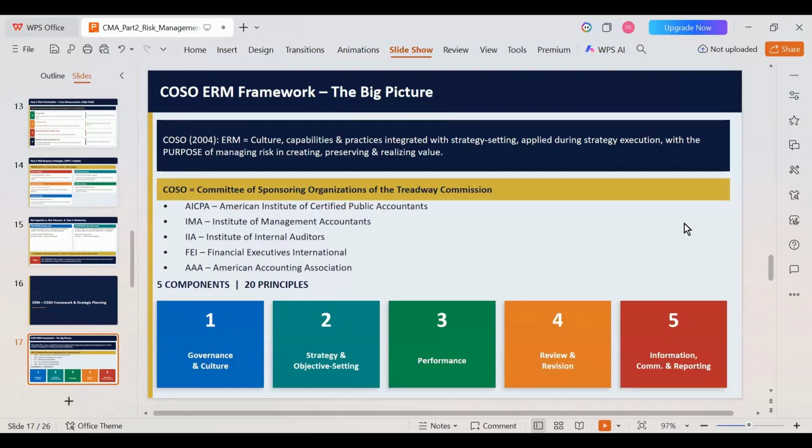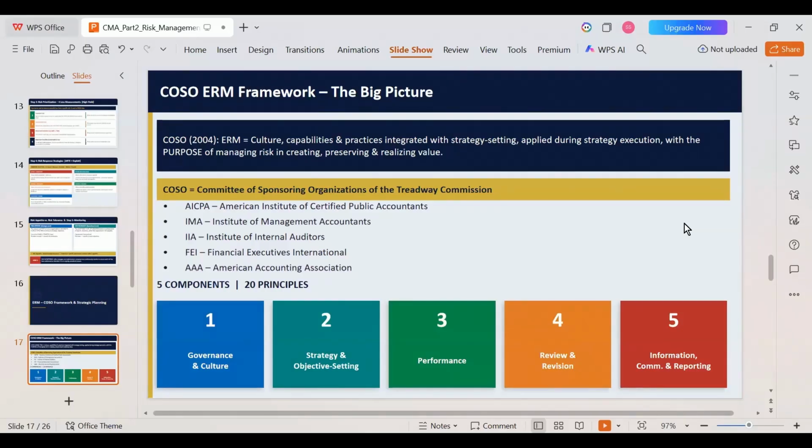Now what happens in the strategic planning itself? If we bring in the practices of risk management, it will be easy for us, and in an earlier manner, we can bring risk management practices into the firm. That is why they wanted to integrate with strategy setting. And in creating our value, in achieving our objectives, these ERM practices were very important.